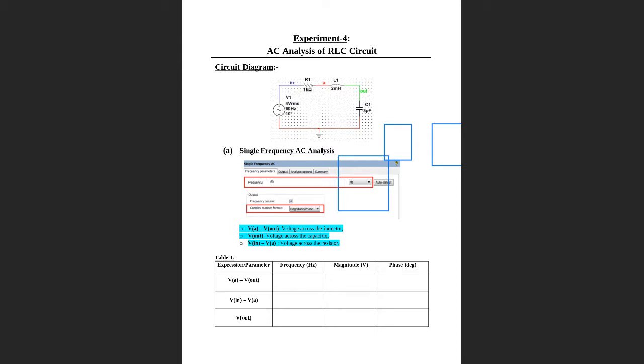How to make the connections? Place the cursor on one end, a plus sign appears, so drag and drop to complete the connection. Similarly from the resistor to the capacitor, from the inductor to the capacitor, from the voltage to the ground, and from the capacitor to the ground. Okay, this is the circuit.